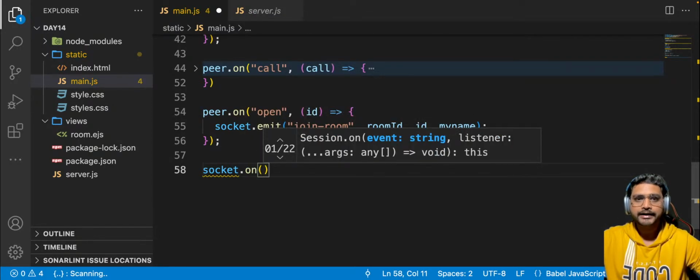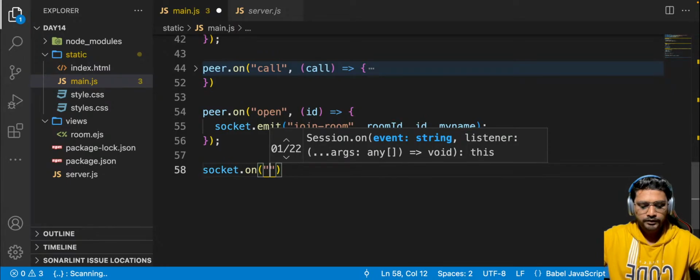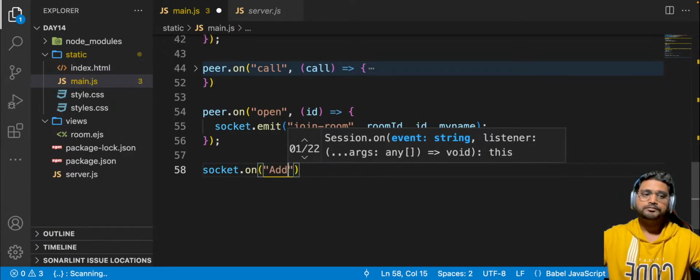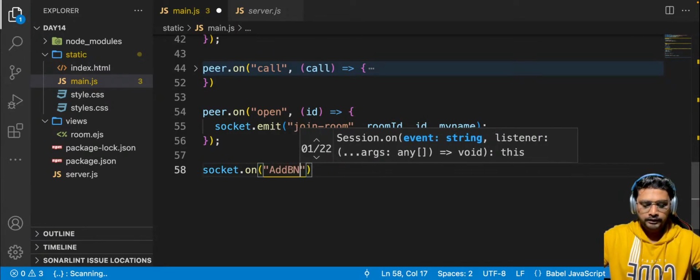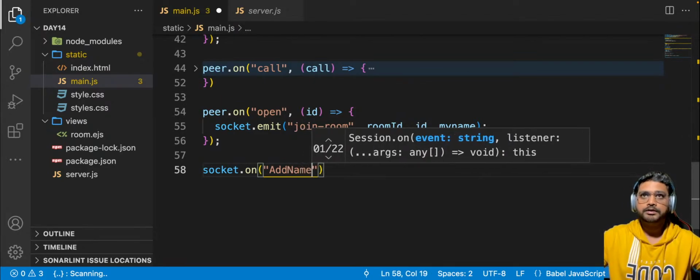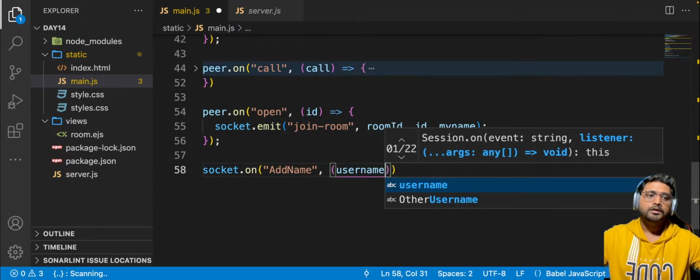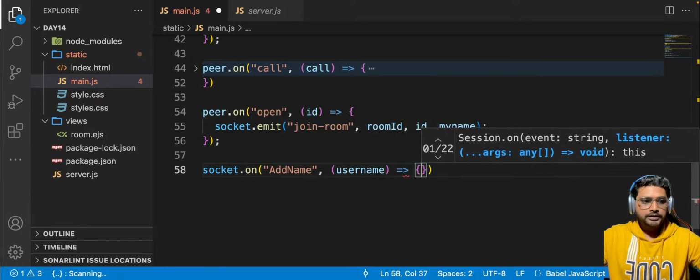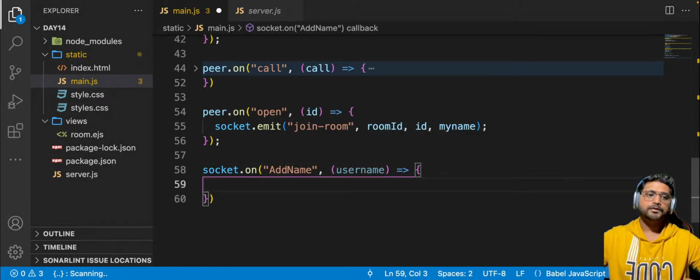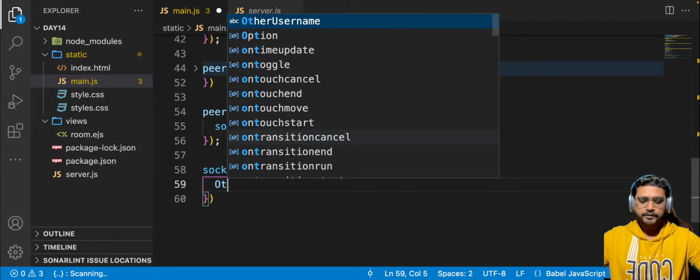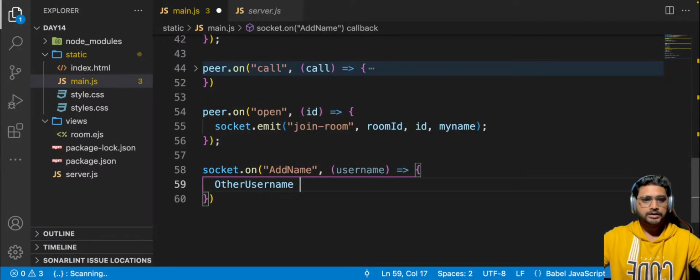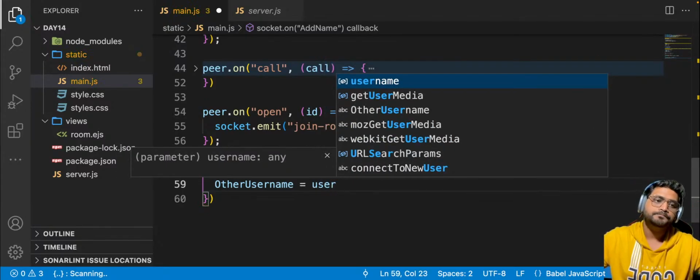So we have to capture that event as well. Add name, the username that we are getting, right? And we simply put other username to this username,